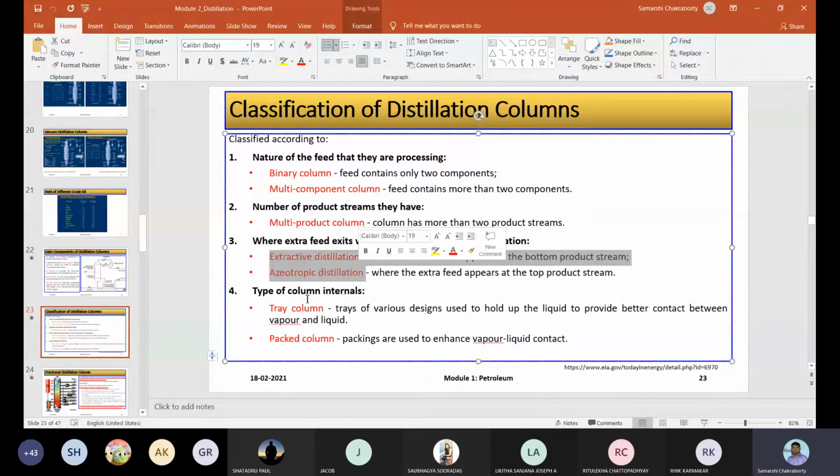Then, based on the internal structure of the distillation column, whether it has trays or is a packed column, you can call it a tray column or a packed column. Trays of various designs are used to hold up liquid for better contact between vapor and liquid, and I have told you, the higher the contact, the better the separation. In a packed column, the packing is used to enhance vapor-liquid contact, but compared